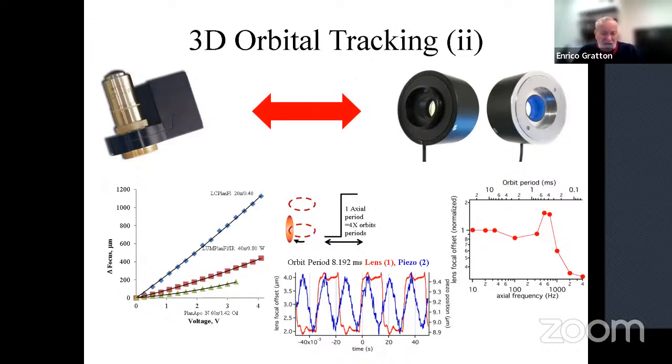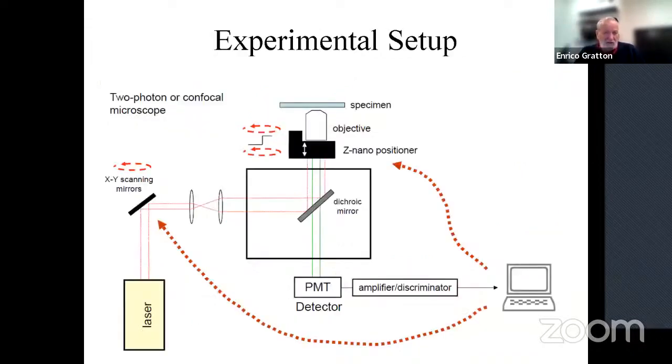And in that case, we can change the orbit up and the orbit down in the order of about a kilohertz, which is very convenient. And so the experimental setup is the following. We have a specimen, we have an objective, we have the Z position, and we go in orbit up and orbit down, and we send the data to the computer,